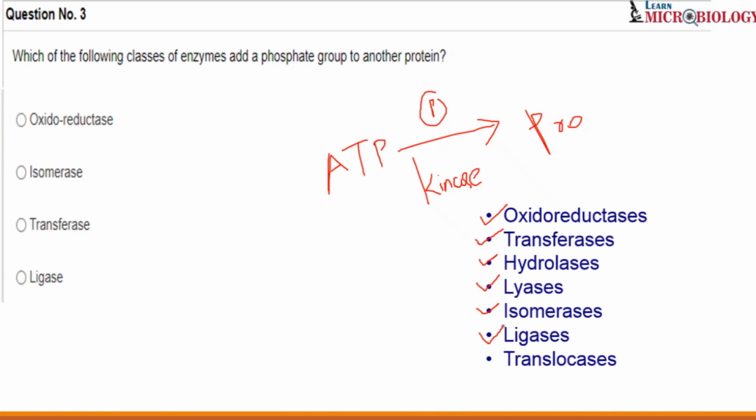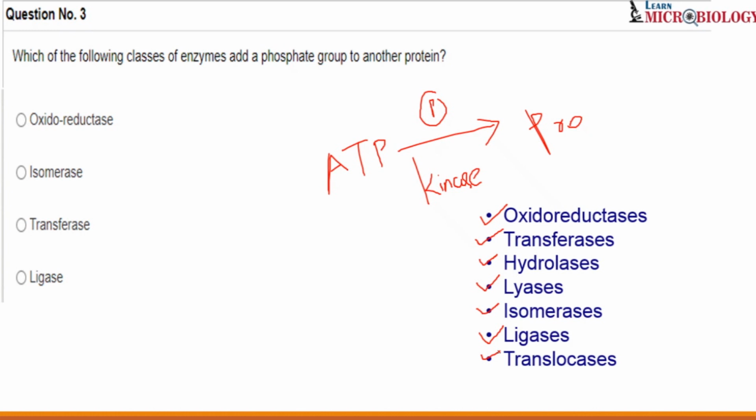If there are two components A and B, and a ligase enzyme forms a bond between A and B, correct? Next we have translocase. Translocase enzymes are not present in all organisms, but they are important for translocating, or moving, molecules from one organelle to another organelle or through the membrane. So that is exactly the description of these enzymes.